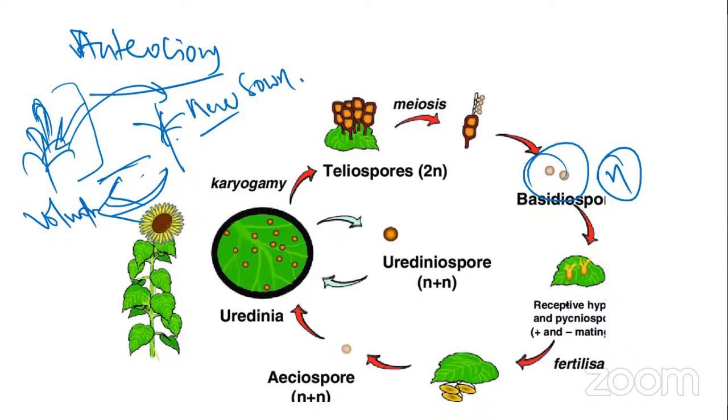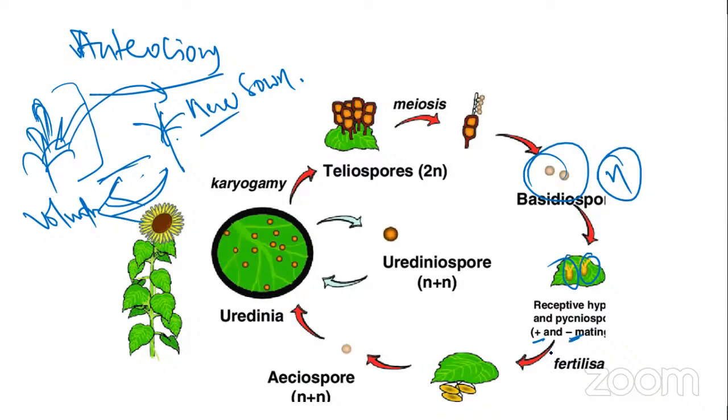Sorry, it will produce, whatever you can call it, a pycnium, right? Once the pycnium is produced, in two different stages, it will produce pycnospore and receptive hypha. It might be on the same leaf or it might be on a different leaf. So once the compatible